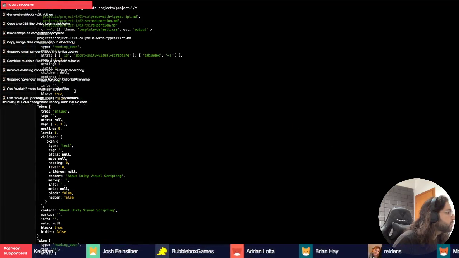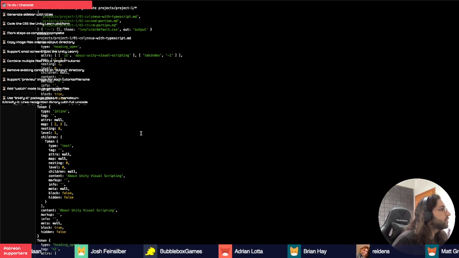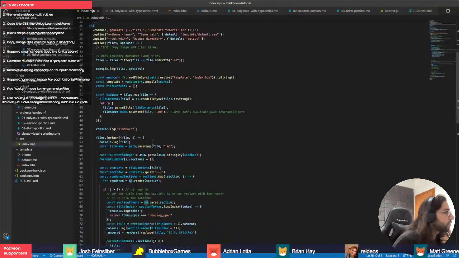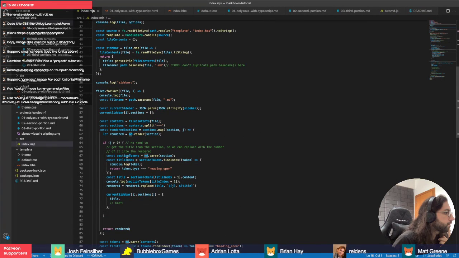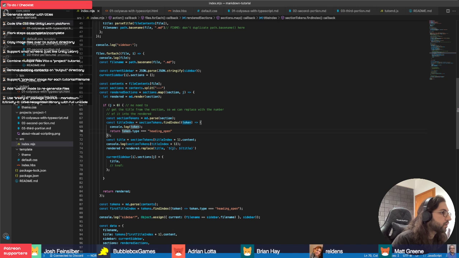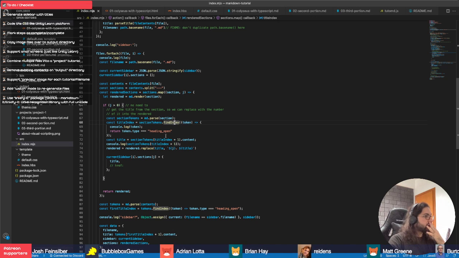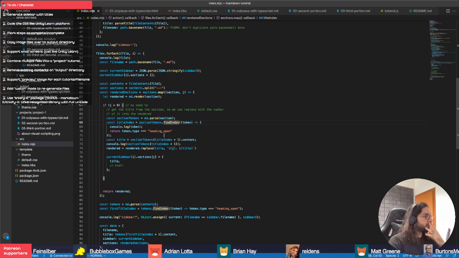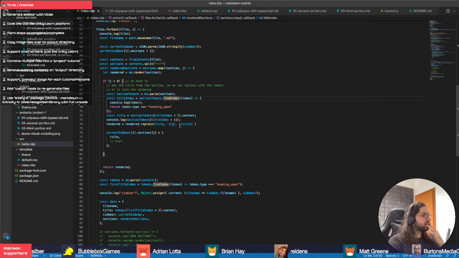The heading open token, perfect. So, find index. I need both, I need the index and